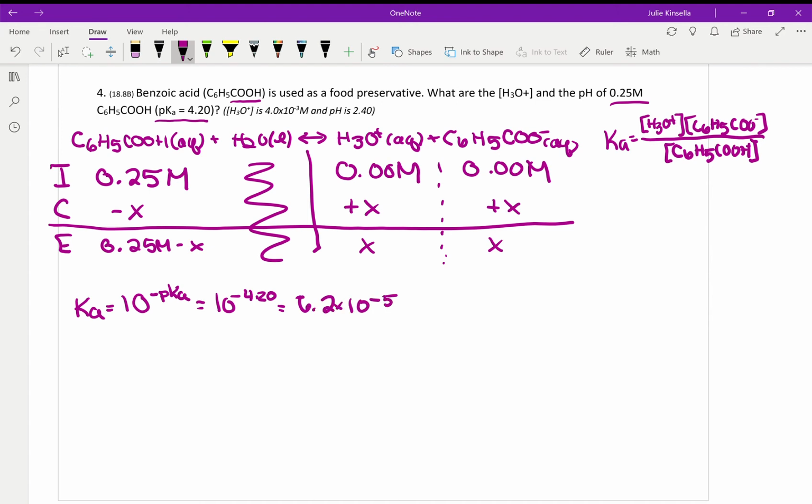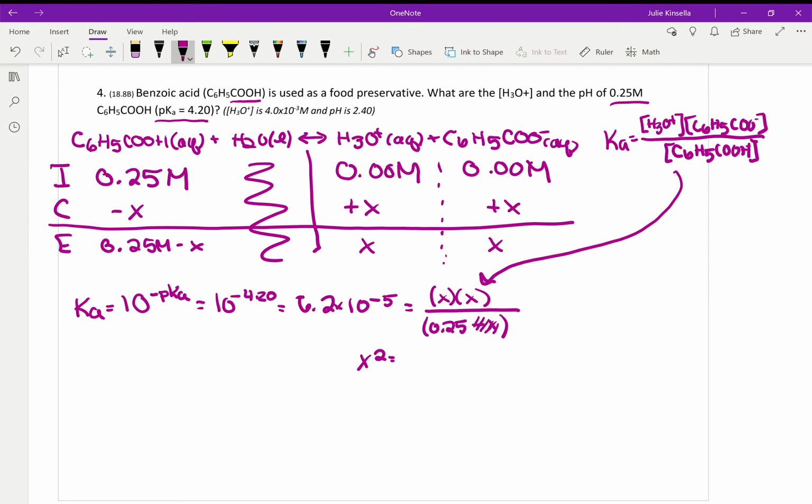So there's our Ka. Let's plug this in down here. Here we have our Ka, which we're going to say is equal to the expression: X times X over 0.25 minus X. And again, just like in the one before, we're going to make our simplifying assumption here, where we say that that change of X is going to be less than 5% of the initial concentration of your weak acid. So when I simplify this, I'm going to have X squared is equal to